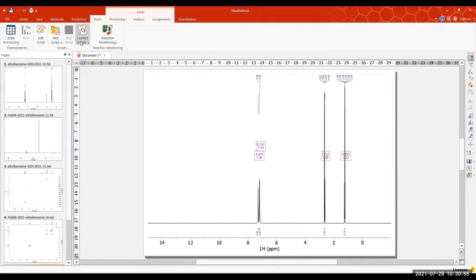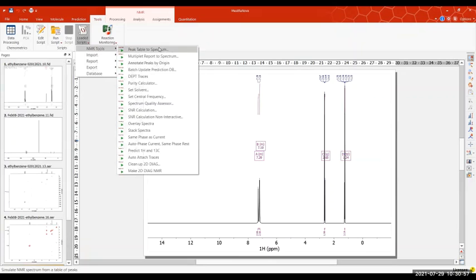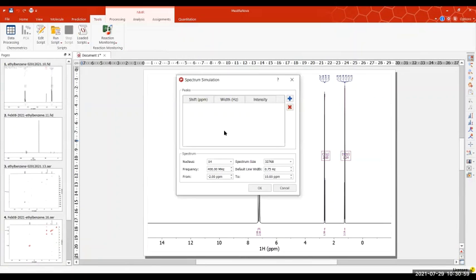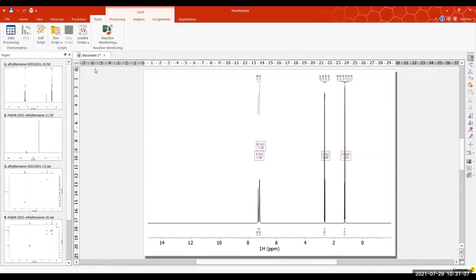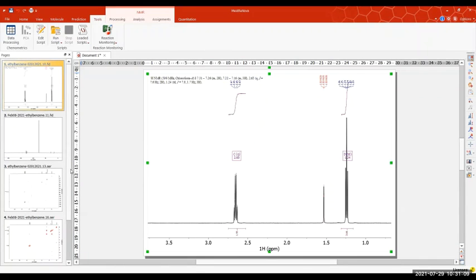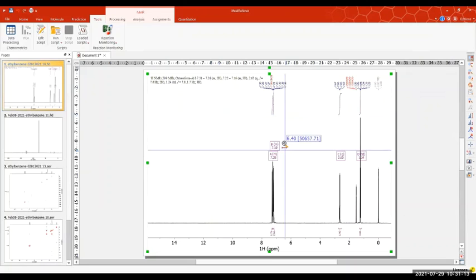And it can also do peak table to spectrum. So if you have a peak table, you can copy that into MNOVA and it will generate a spectrum for you based on the peak prediction. Yeah, now let's go back to that proton spectrum. And so we did multiplicity analysis,